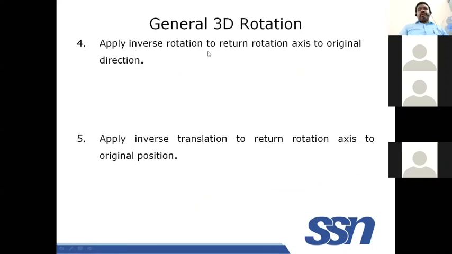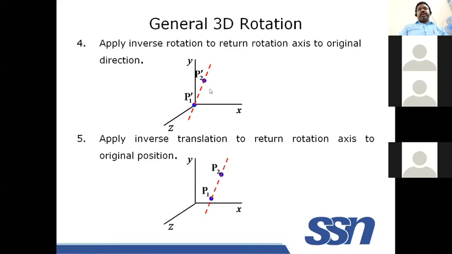Next, apply inverse rotation. What is inverse rotation? Once you have done that, you have to inverse the rotation direction. After rotation, you do the reverse operation so that the axis of the solid is rotated back, and you are bringing the axis to the original position, and again moving it to its original position. Why are all these transformations required? The reason is that we know the standard rotation matrix with respect to the x-axis, y-axis, and z-axis. That is why we are doing it.